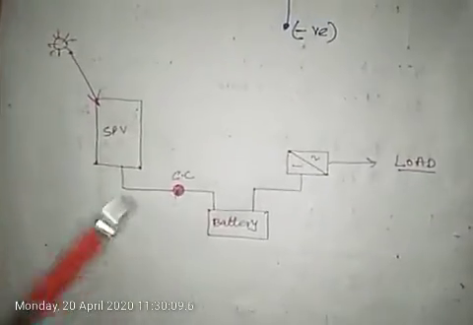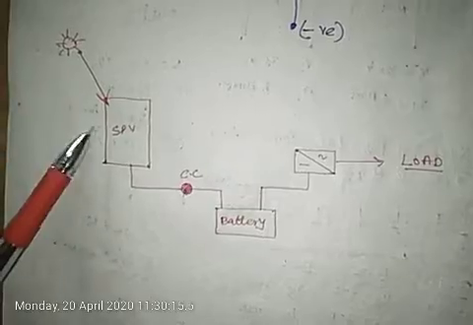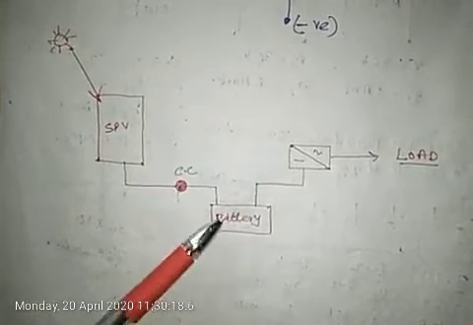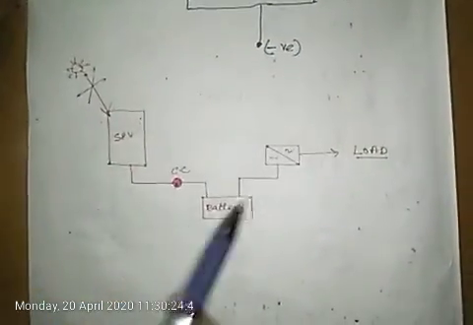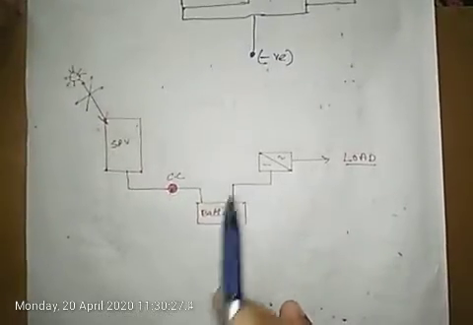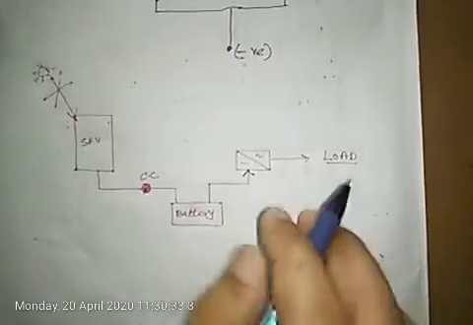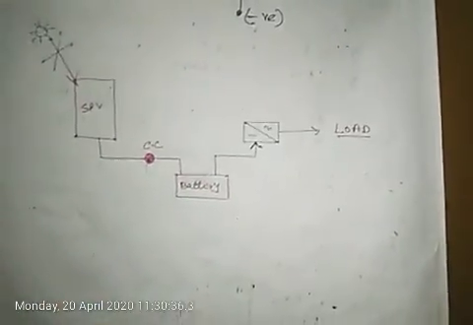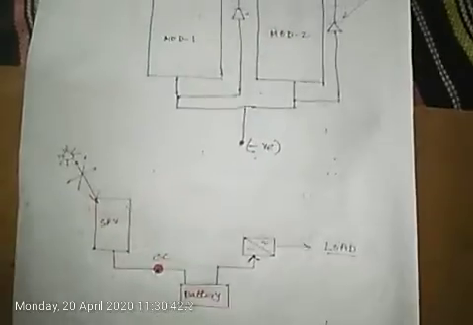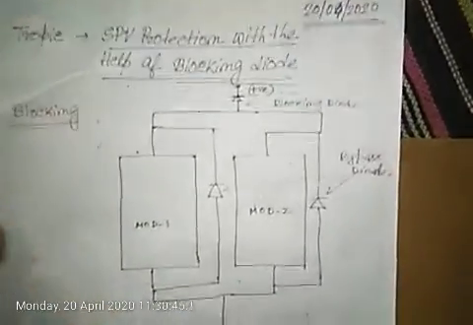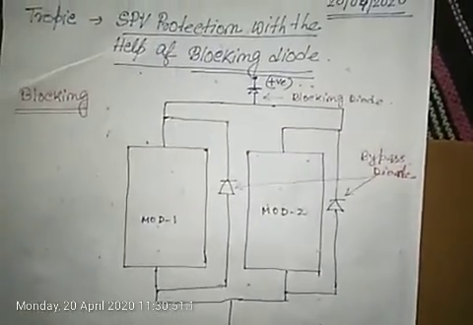This is the basic diagram of the operation of a solar system. There is the sun and this is the PV system. At daytime, it receives the sunlight and through the charge controller it charges the solar battery, and after the lack of solar radiation at night time, it will flow through the inverter. And at that time, if we have not arranged any blocking diode, the battery charge will flow across the module.